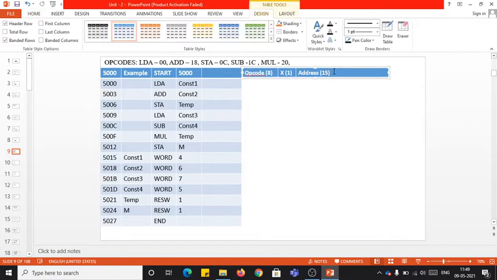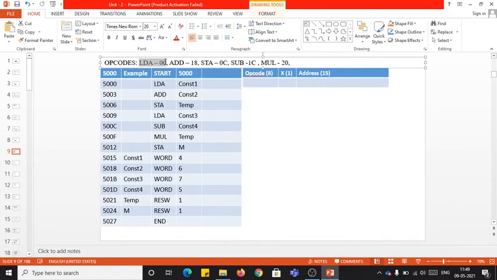Now let us generate the object code for the first instruction. What is the first instruction? That is LDA constant. What is the opcode of this LDA? It is already given that the opcode of LDA is 00. This 00 you have to write in the 8-bit format, so I'll be writing it as 00000000. You can observe I have written it in the 8-bit format. How did you get to know this? Because the opcodes are already given. So the opcode of LDA is given as 00, which I have written as zeros like this, followed by